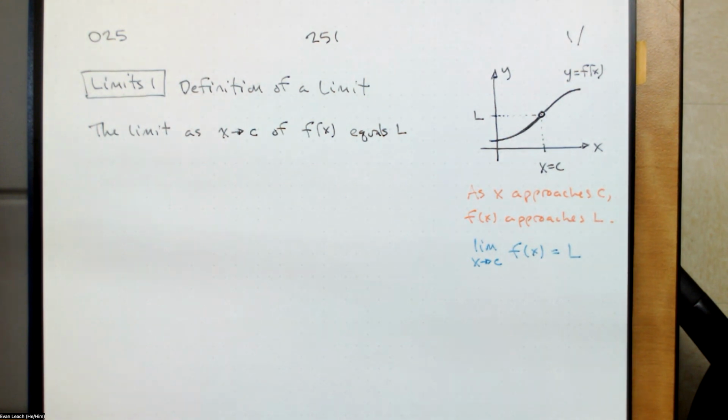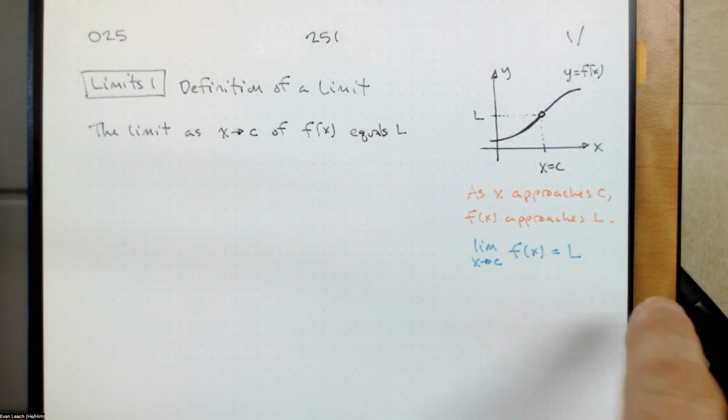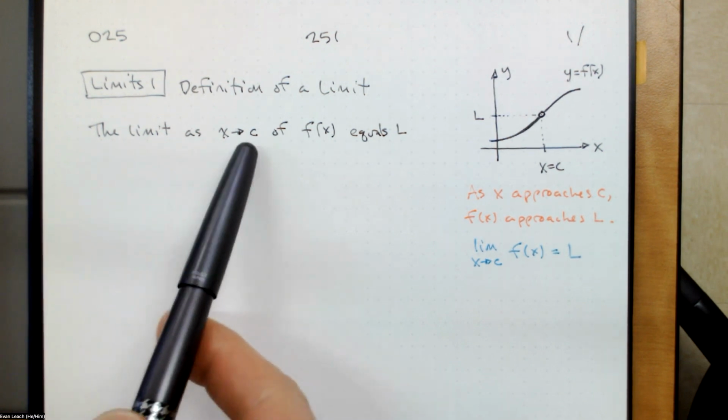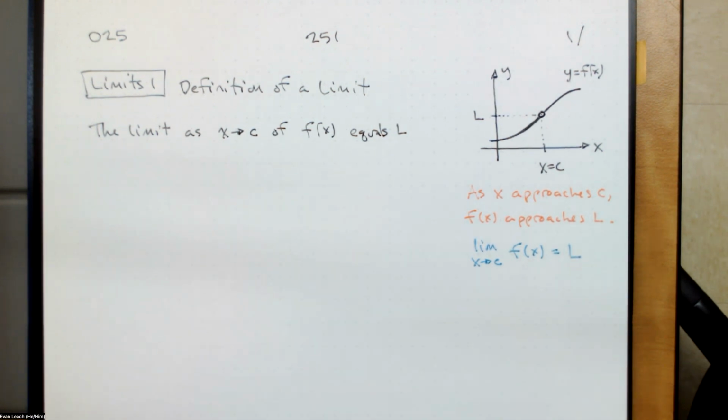We write the limit as x approaches c of f of x equals L. We mean as x is getting closer to c, f of x is getting closer to L. This is what we write. This is how we speak what we're writing. This is what we think about what we write. We need to define this because this is math class and we need to have workable, rigorous definitions for things. So we say the limit as x approaches c of f of x equals L if and only if